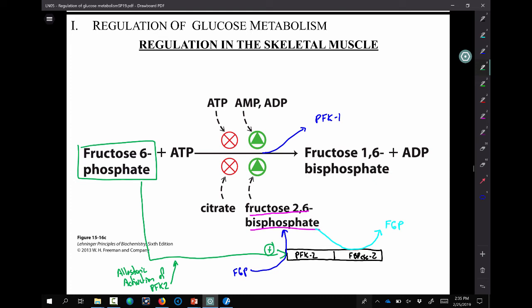On the opposite end of this, some of you are looking at this saying, well, okay, wait a second. Fructose 2,6-bisphosphate, though, gets broken down by FBPase2 to fructose 6-phosphate, which activates this, right? And you start to think, that can't work. How does that work? Wouldn't that be the problem? Well, here's the deal. If this is being broken down, you're not allosterically activating this any longer, right? Being broken down to fructose 6-phosphate, signals in the cell are going in the reverse direction. This will actually be converted back to glucose 6-phosphate, and in skeletal muscle that will be converted to glycogen. Right, so it can get fairly hairy fairly quickly, unfortunately. Okay.